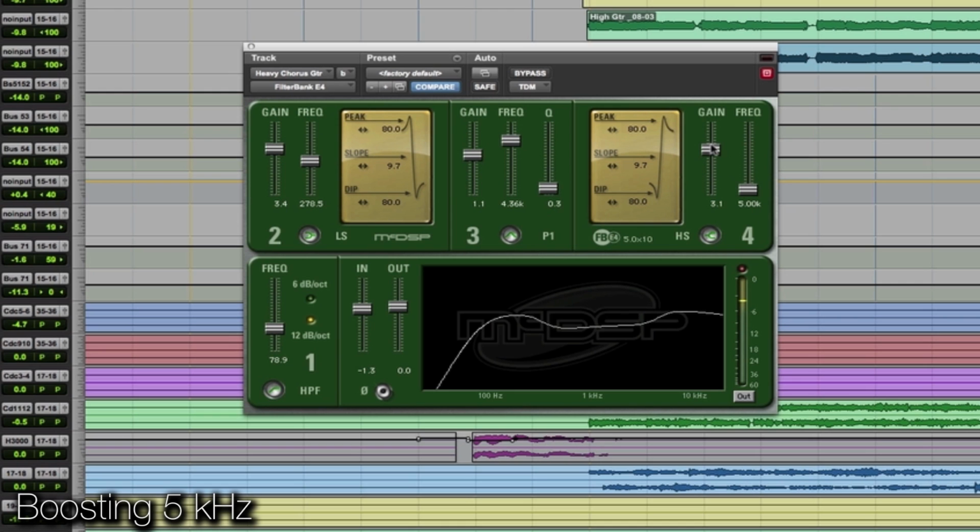Gives it a bit of grit, a little aggression on it. I'm also boosting some 5K at the very top. Too much? Offensive? If this was the only guitar on the track, I might do that just to really give it some grit. But it's not the only guitar, so